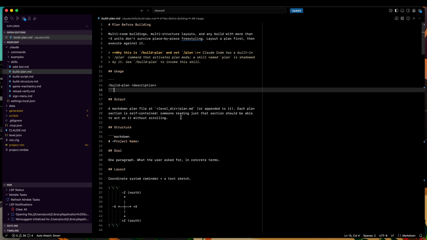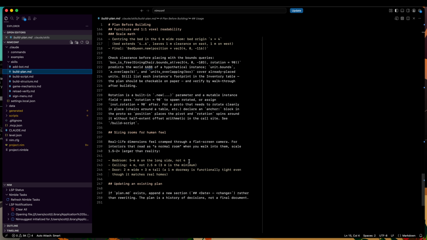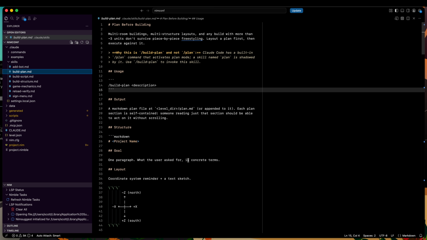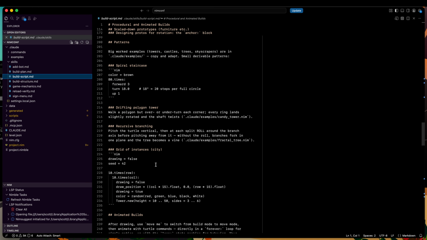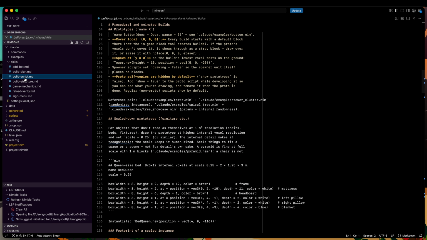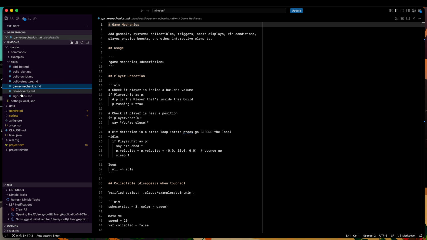When a level gets created, we add this Claude skills directory. So it has skills for adding a bot, for building a plan, a multi-agent plan. So in a little bit, we'll get Claude to put together a high-level plan that gets executed by 5 sub-agents. Instructions on how scripts work, how to place them in the world, different commands, things like that, how to build structures, buildings, furniture,